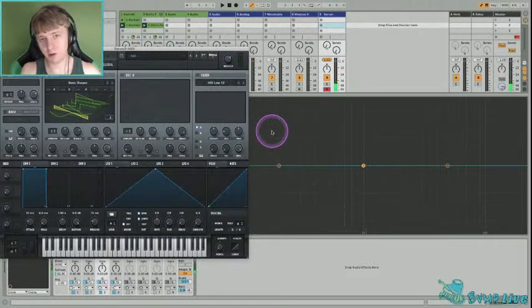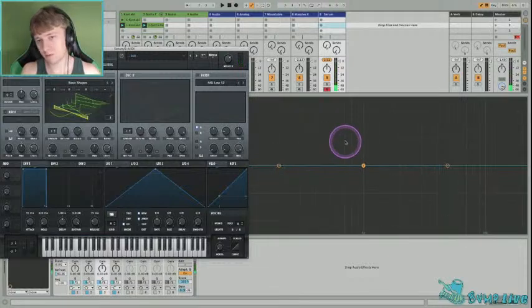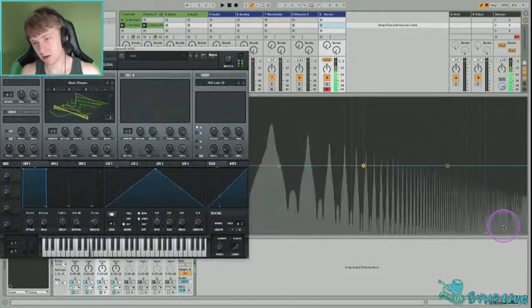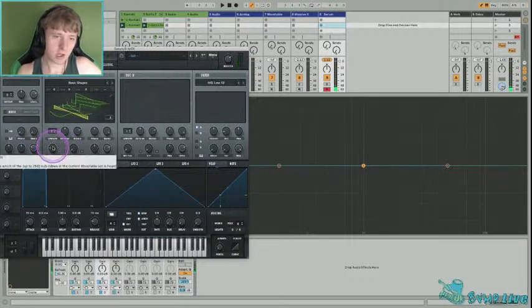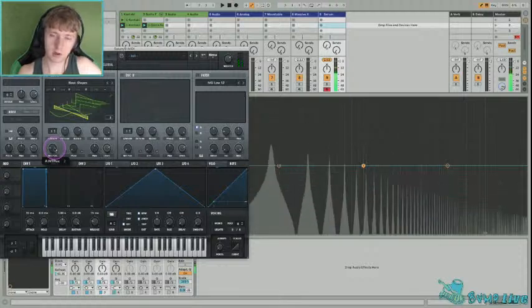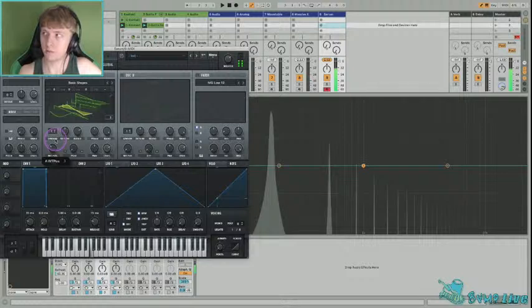You have your fundamental frequency here at the F, and then you have several harmonics above it, getting very, very dense at the higher frequencies. So sine, sawtooth, triangle,